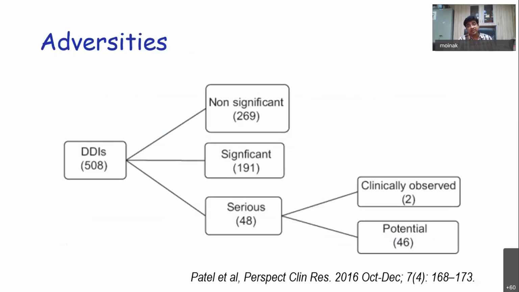How has it adversely affected patients? Serious and life-threatening drug interactions have occurred in at least 1/10 of the patients, with potential threat and clinically observed. That means 1 out of every 10 patients that they have prescribed, and this is a district hospital we are talking about, has undergone a grave issue with the prescriptions.